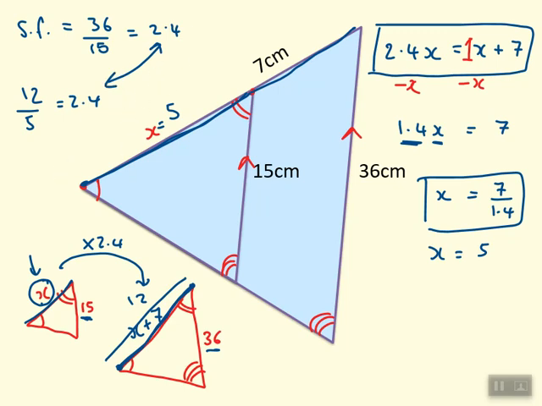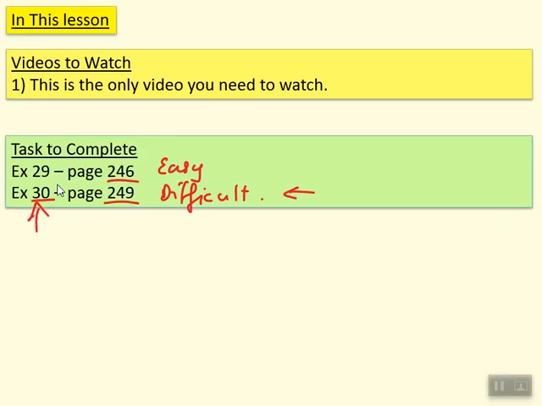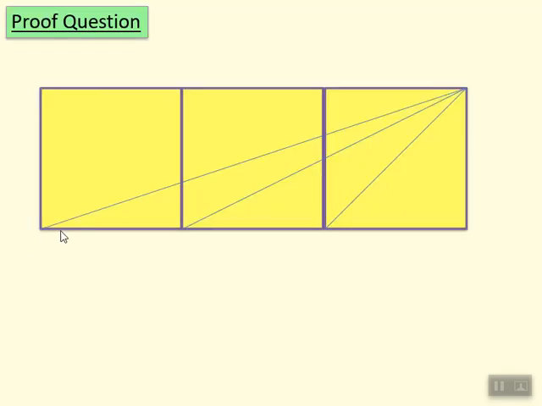Okay, so now it's probably a good time for you to have a go at one of these here. Remember, exercise 29 is the easy one, exercise 30 is the harder one. And by the way, if you want a real challenge, okay, that was a bit patronizing, but if you want a super tough challenge,